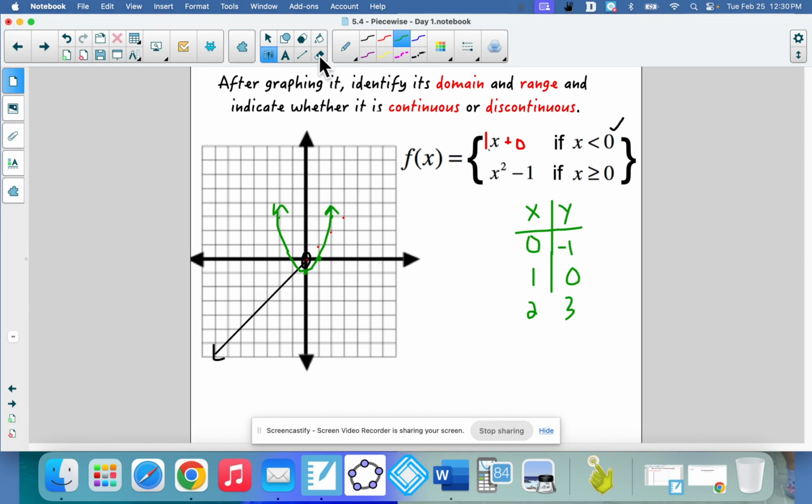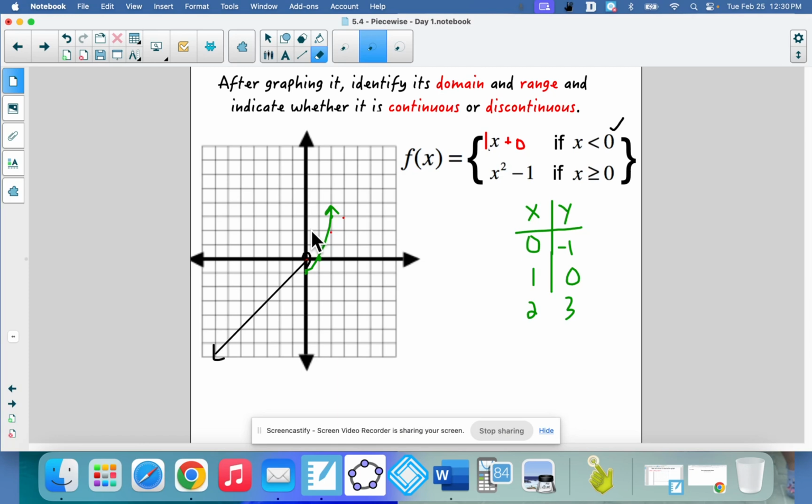But again, I would then turn my pencil around and say, all right, well, I only need x values that are greater than or equal to 0. So that's where 0 is for x values. So I'm going to erase anything that's not bigger than 0. So I'm going to erase the left side of it. And this is just really slow. Oh, there we go. And then I have this graph, and this should be a closed circle there at the bottom